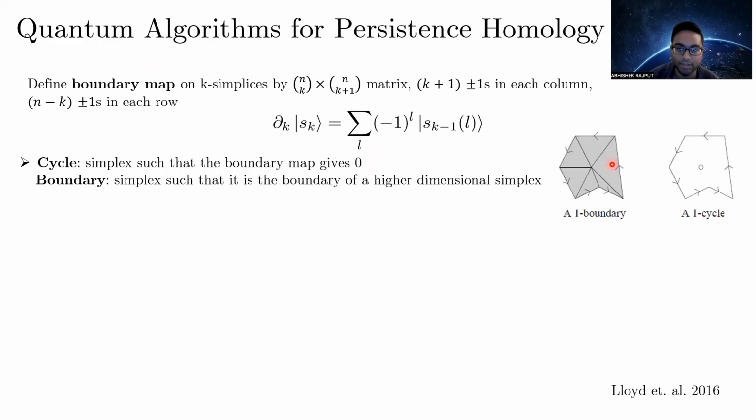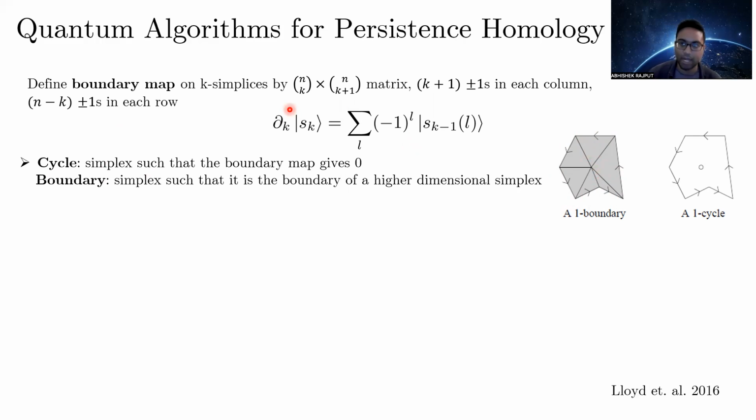Let's say you take this simplicial complex over here. What the boundary map is physically doing is taking this entire two-dimensional simplicial complex and giving you this linear combination of the edges that are on the boundary. So it's literally just giving you the boundary of this two-dimensional simplicial complex. That's how you should think of this, and the plus or minus signs are giving you an orientation. So for instance, in this case, the orientation is this way, and that's what it would give you. Now, associated with this,